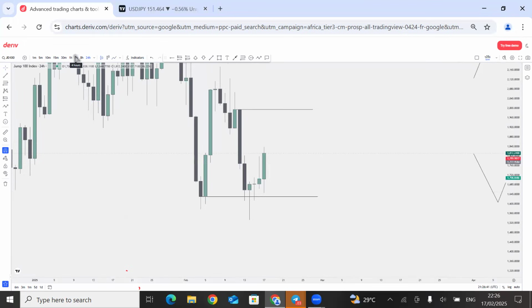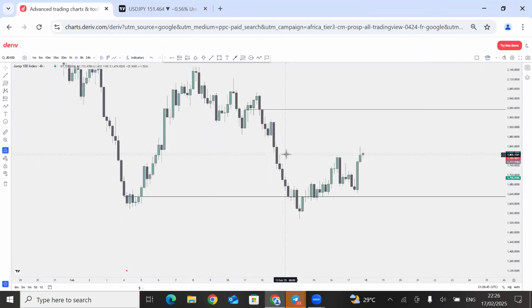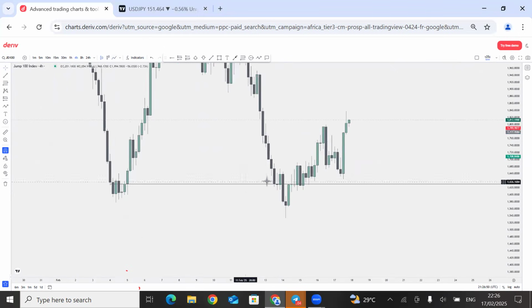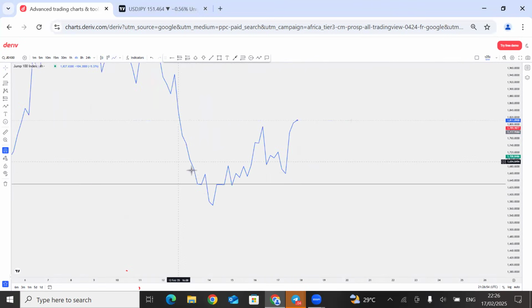I just need to switch down to the next lower time frame, which is the 4 hour time frame. And I want to see, let's say, a break of structure to the upside. You cannot really see it here, so you can turn on your line chart so you can see it. I need to see a sweep and a break of structure. That's what I was explaining before.